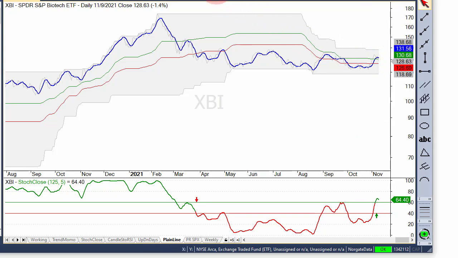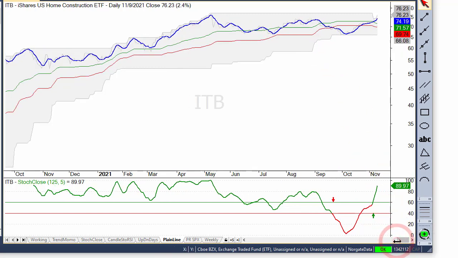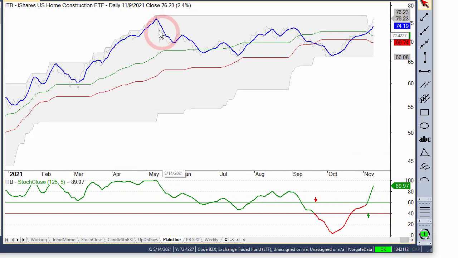Elsewhere, we have ITB, housing, turning bullish again. And you can see a bit of a whipsaw, and this is going to happen with trend following indicators. So if you look at the StochClose, you can see it turned red by moving below 40, and then it turned green by moving back above 60. And if you look on the price chart, and I'll open that up a little bit,